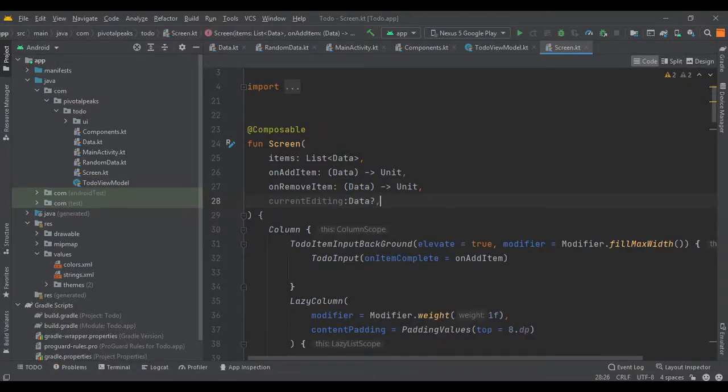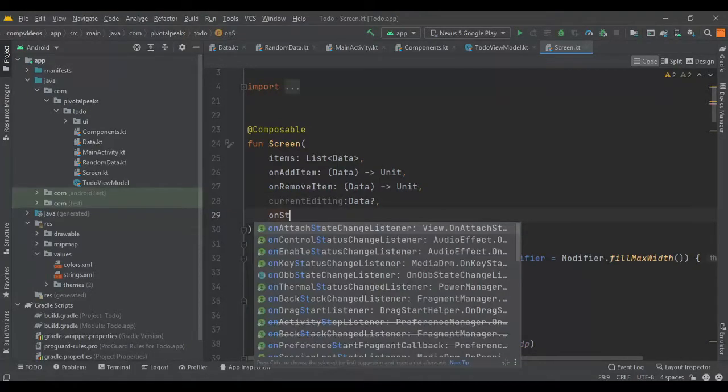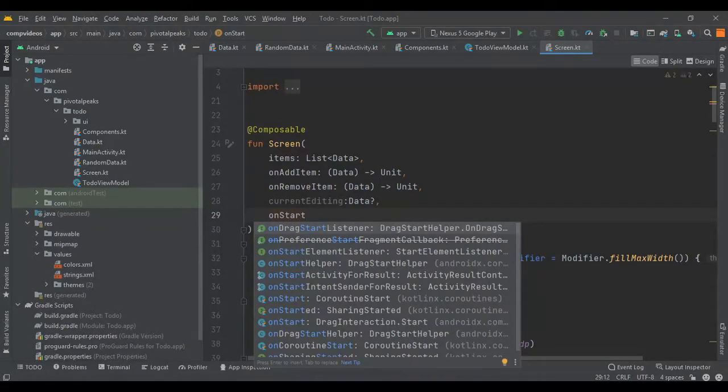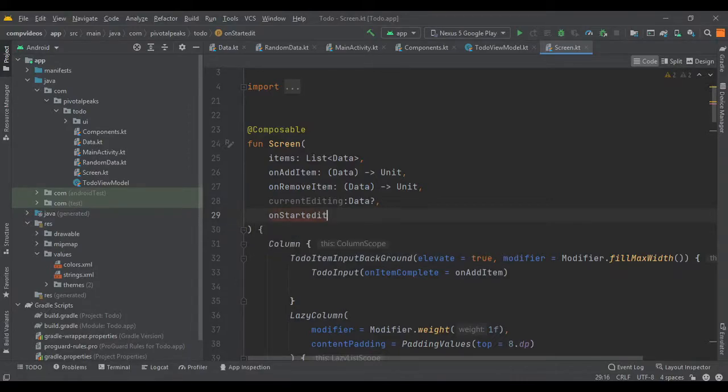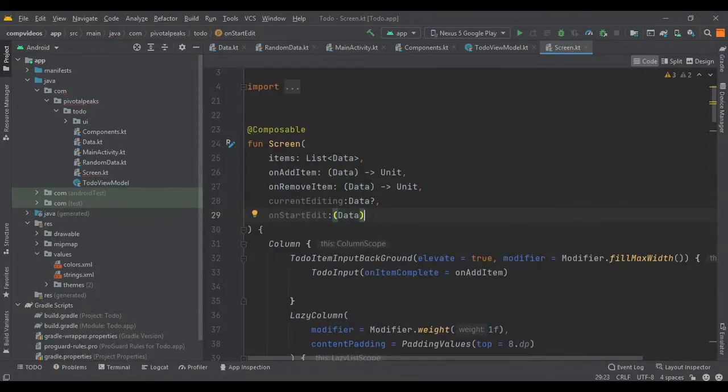This parameter is for the item that is currently being edited. Then we need the three new events, so let's add them. On start edit. Let's pass our data class and then the function.